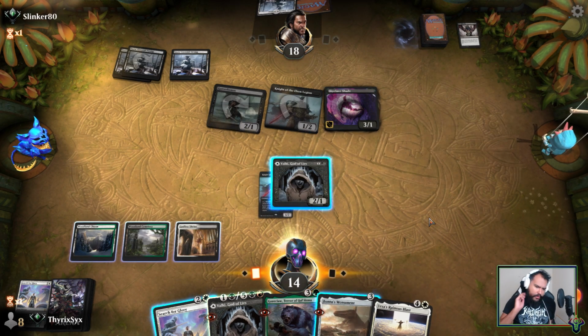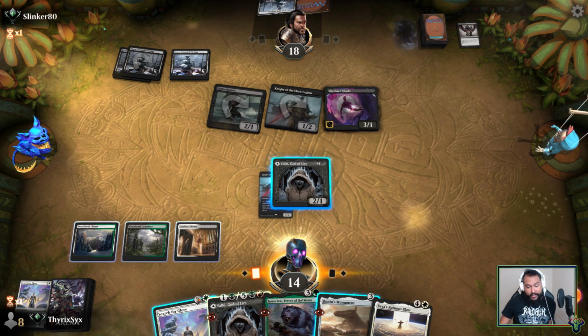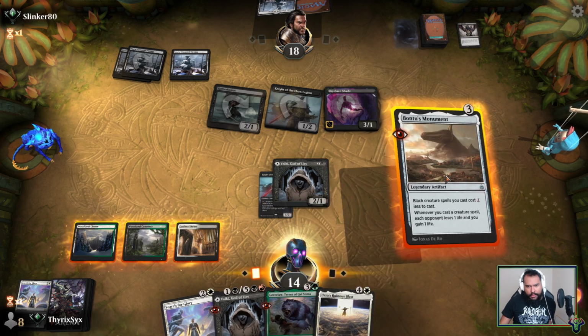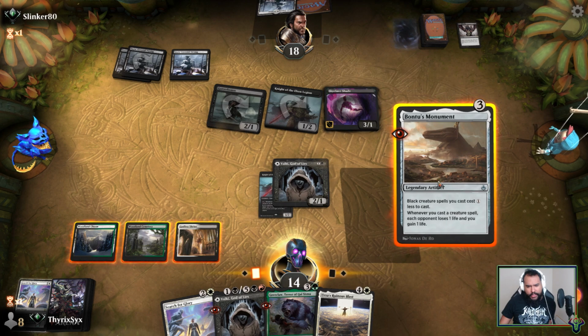Well, I mean, that's interesting. We didn't draw a land, which is unfortunate. I can literally go grab a land. I think I'm going to buy Monument here. No, I think...